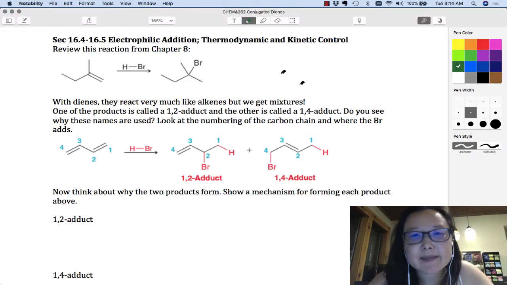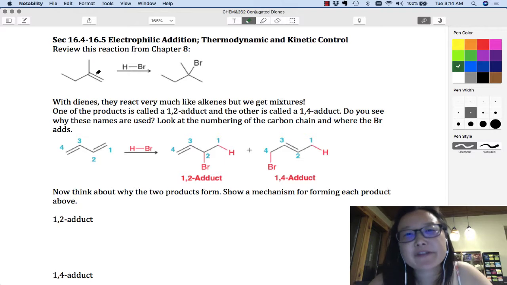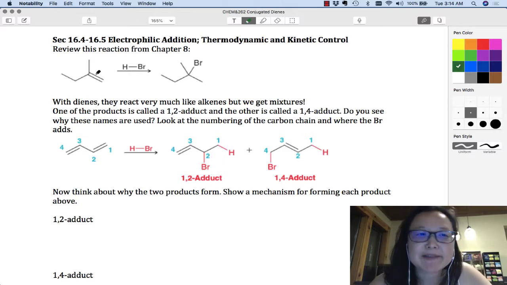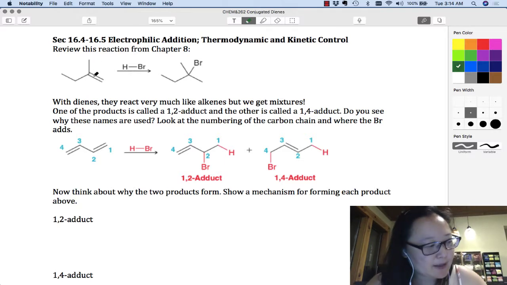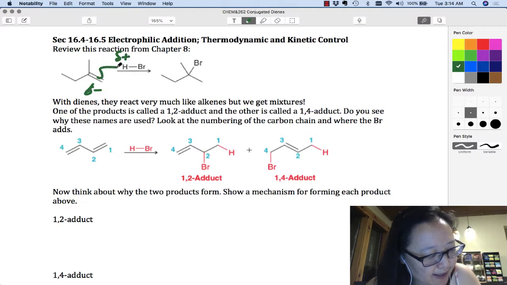So let's look at some of the reactions with dienes. First, let's review. How do pi bonds react? Well, we remember from one of the first reactions we've learned, chapter 8, we had an alkene. The pi bond, being electron rich, reacts with the partial positive of a hydrogen halide, like this,